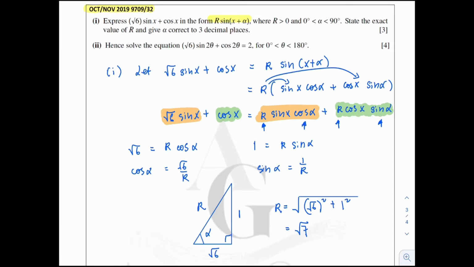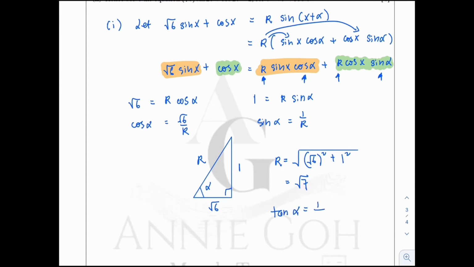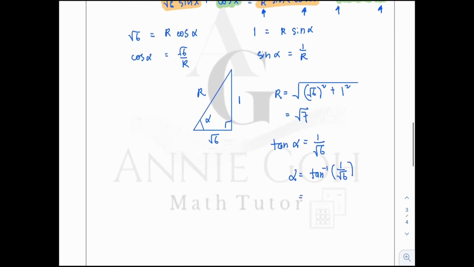That's why the formula that I mentioned earlier, square root of a squared plus b squared, actually comes from this method. As for the alpha, you can find it by using tangent. Tangent alpha is equal to 1 over square root 6, and that is why alpha is equal to arctangent 1 over square root 6, and hence you will get the answer of